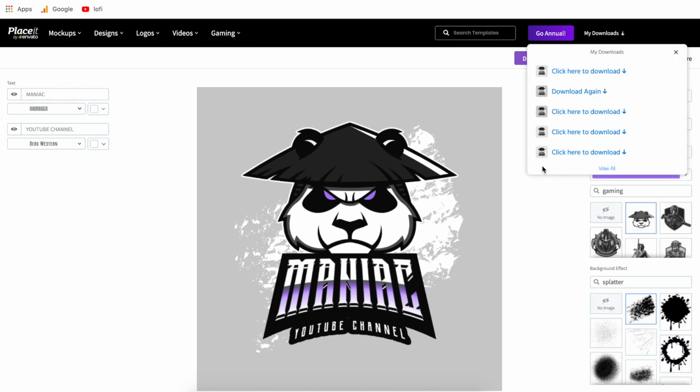Now, something to be aware of is this is a new feature on Placeit. I don't know if it's going to stick around, but as you can see, when I click download, it showed up 2 times. One of these has a transparent background, and the other one has the background color that we chose. This is actually going to be pretty useful for us. I'll talk about this in a couple seconds coming up, and I'll show you what I mean.